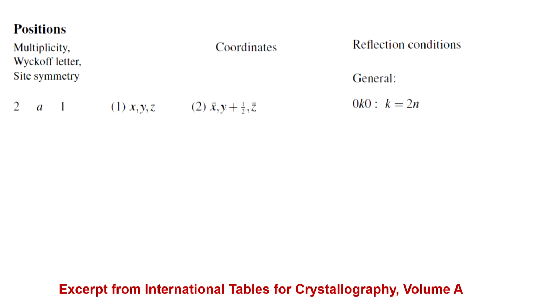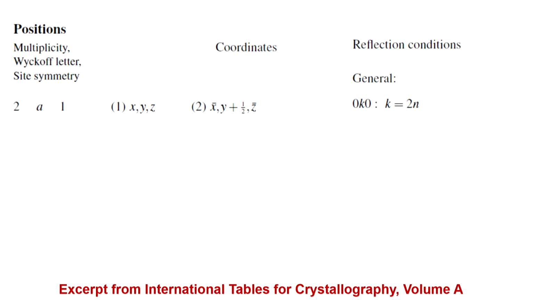So, the general positions are essentially, if I put an atom at general coordinates x, y, z, a second atom would be generated at minus x, y plus half, minus z. So, it is rotated by 180 degrees and then translated parallel to the screw axis by half, and the screw axis is along the y axis in this case, not z axis. So, there are two atoms per unit cell in this.